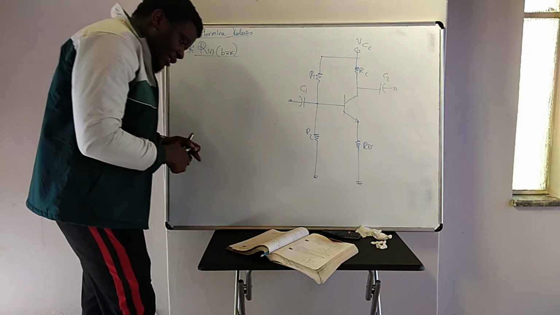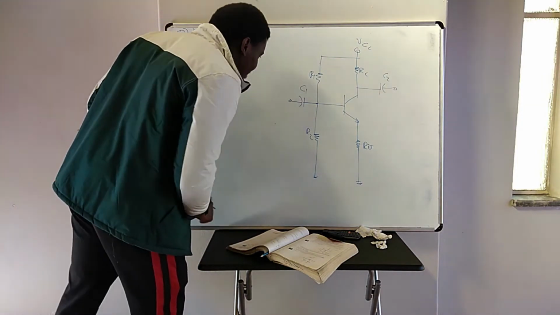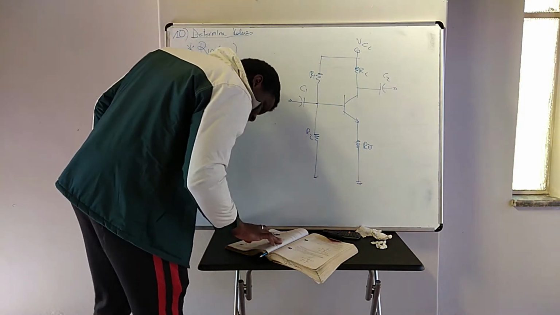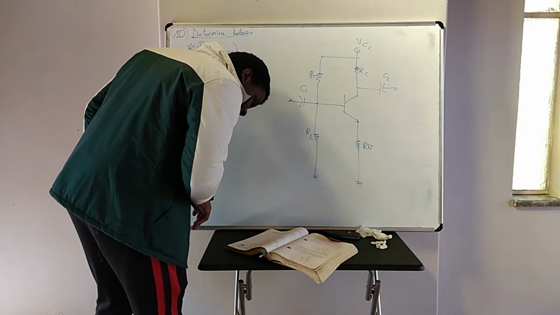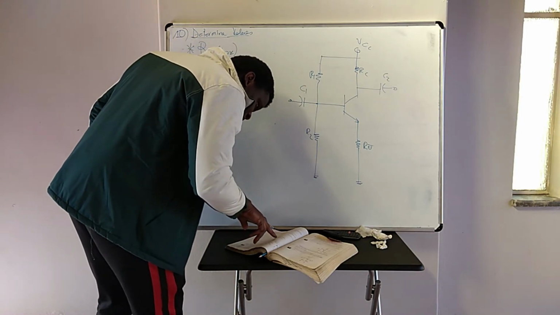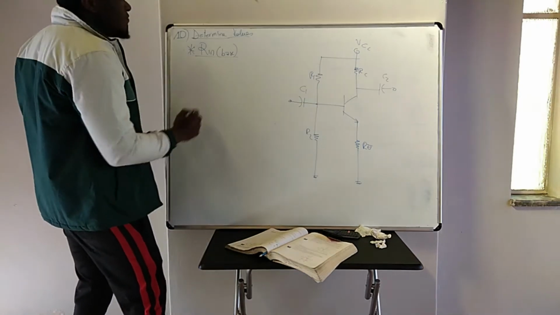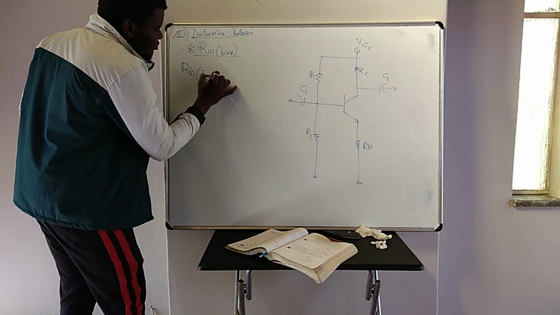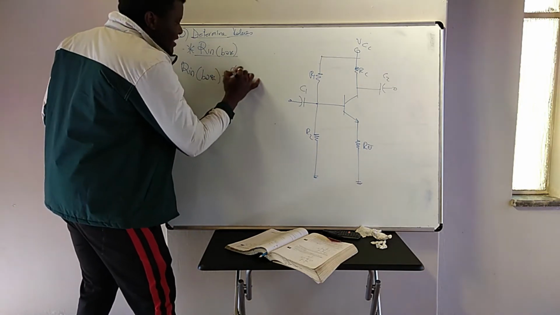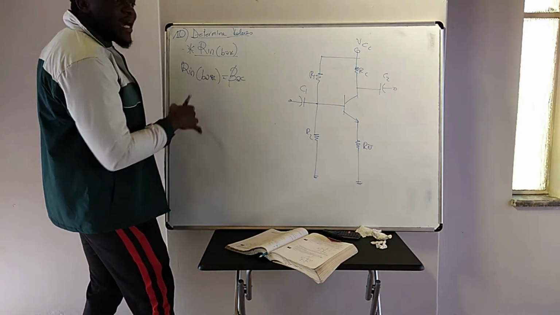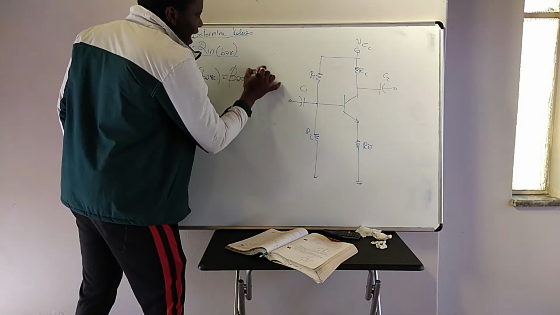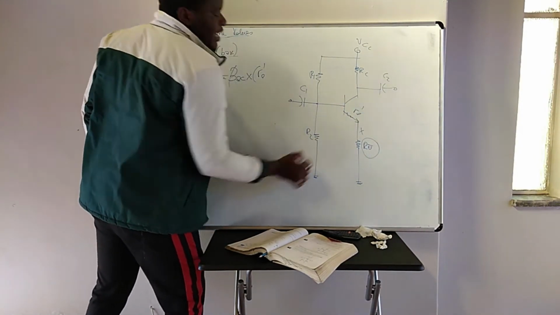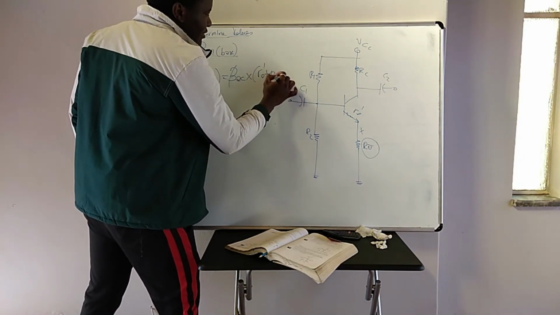So here, in this question number 10 that I'm repeating, they ask us to calculate R in base. Please be careful, R in base. For the amplifier in this figure, R in base, showing the effect of swamping, is going to be beta AC times R accent E, plus this RE.